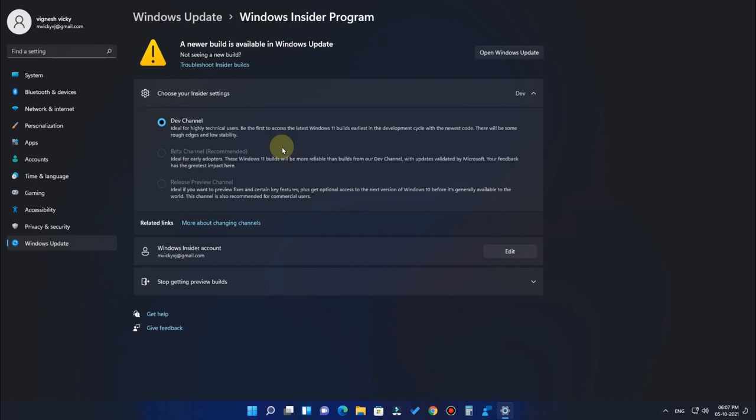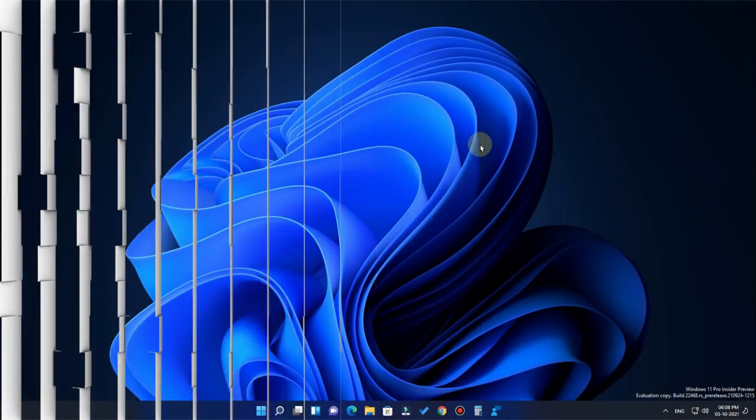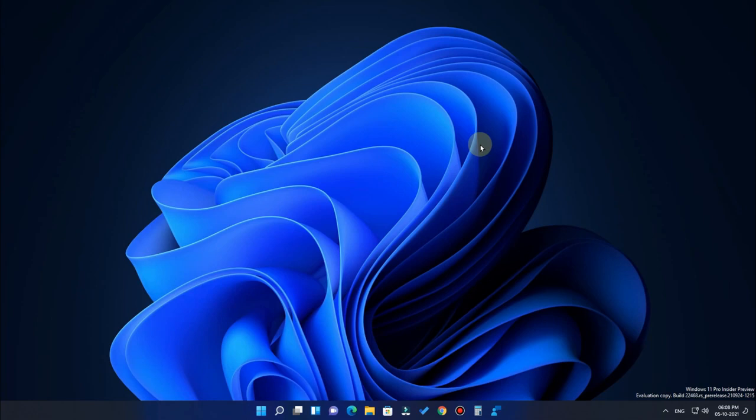In case you are using a laptop, that will be a more critical thing, and apart from that, if you are using a higher configuration desktop, it might be more stable. Well, now let's see the Windows 11 new features. Firstly, let's talk about its design and the new interface.